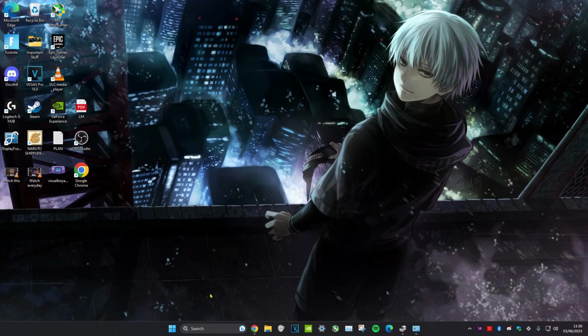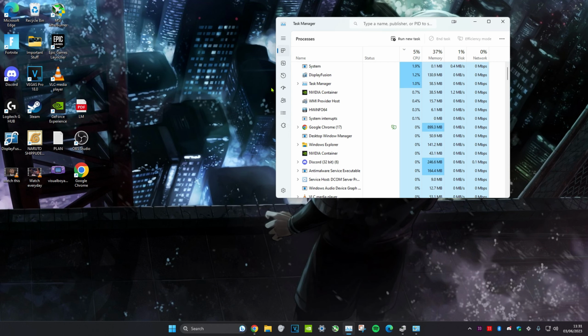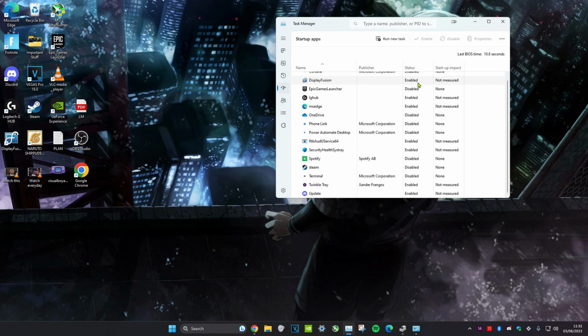For the last step, you want to head over to Search and then type in Task Manager. Then we're going to open it. Once you're on it, we're going to head over to Startup Apps. Click on it. And then you want to disable everything that you don't want to be started up when you